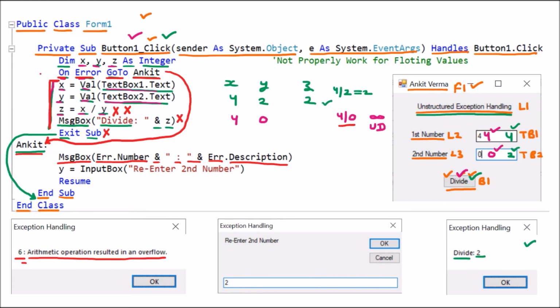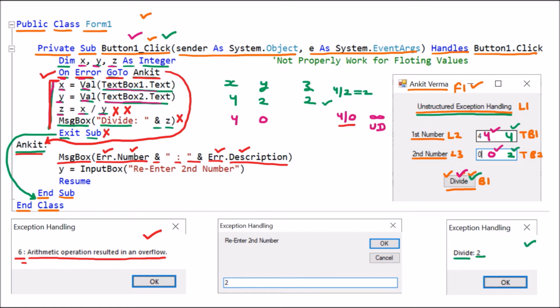Whenever we are using On Error GoTo, one Err object is passed. The Err object contains further things like Err.Number and Err.Description. So whenever an exception or error is encountered, this object is passed with these entries. So this message box is displayed. One thing is that we stop the program then and there and we just show it to the user, then the program is done. But there is one more thing.